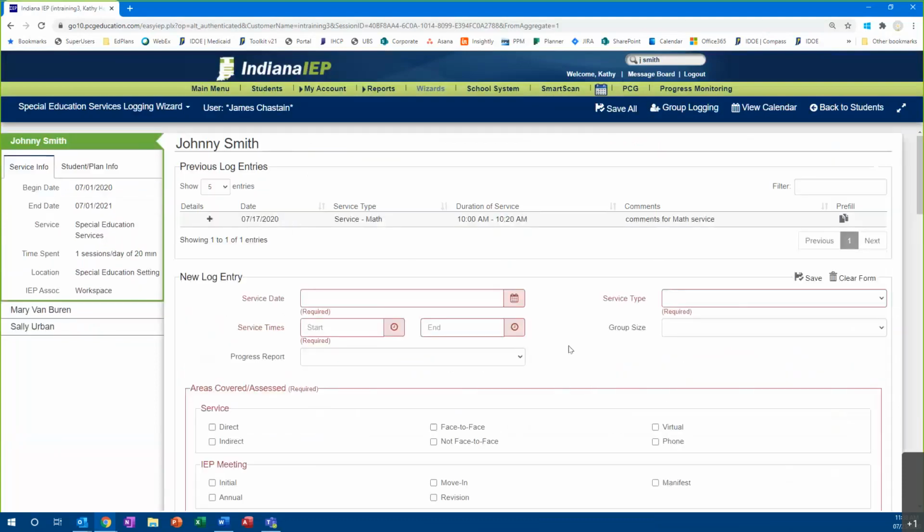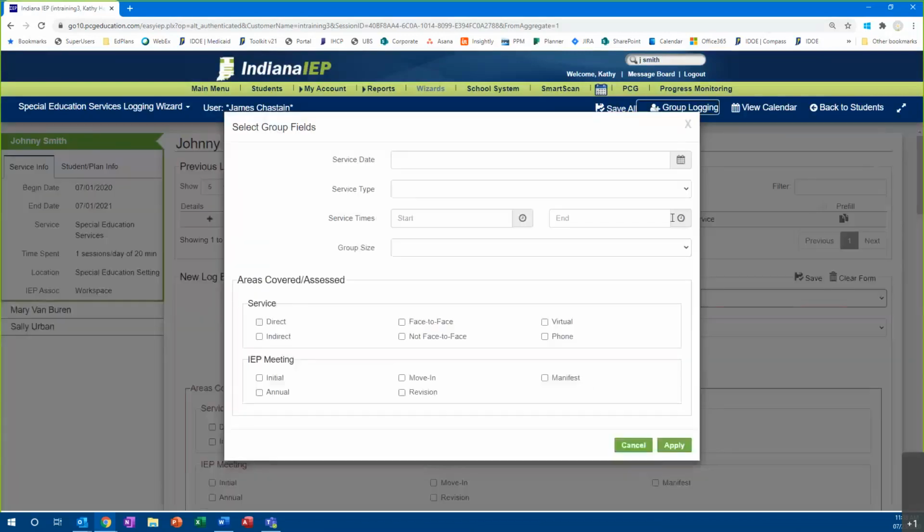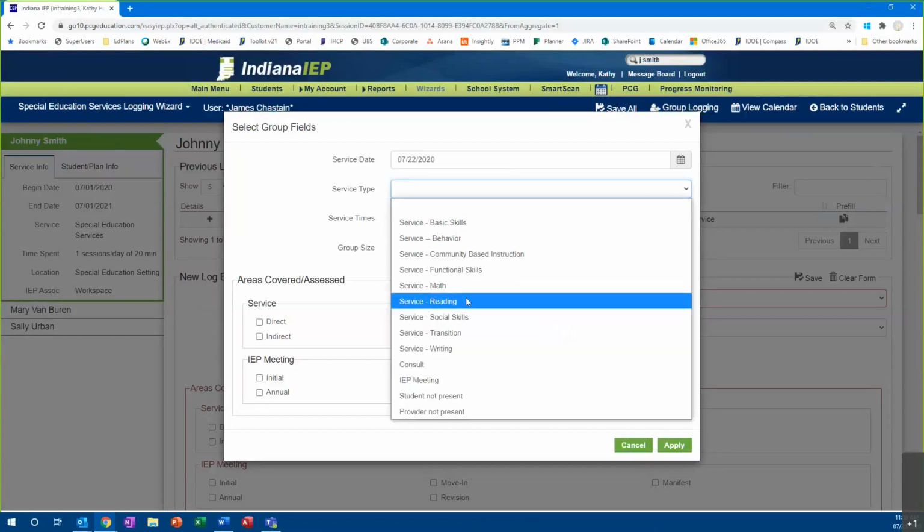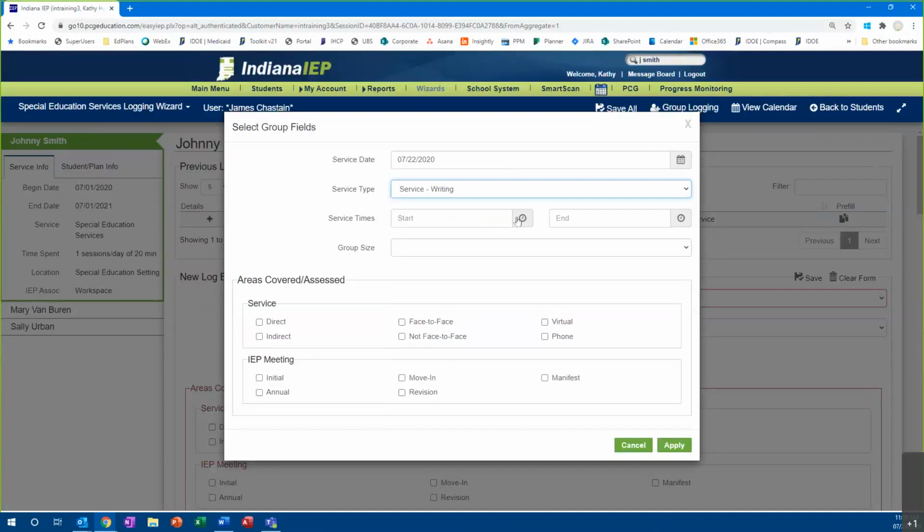We can log a service for all 3 students at one time, and we can enter in similar information for everyone with just one click. So we can go to what we call group logging at the top. We can select the date. We can select a service type, let's say writing, and perhaps we saw them in a group or not, but say that we did,